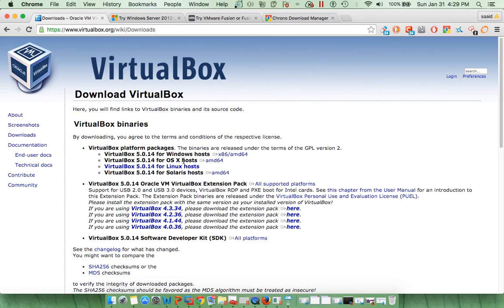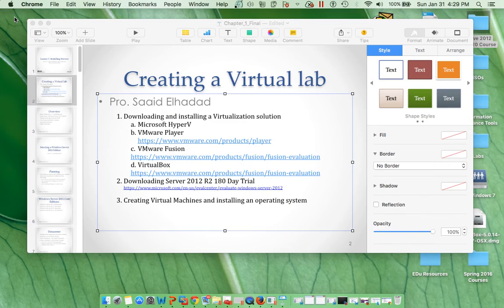If you have a Mac, again, this is where you want to go. You download your VirtualBox for Mac right here. The installation is simple, straightforward. I'm sure there are dozens of how-tos on YouTube. Now, once you download the program and install it,